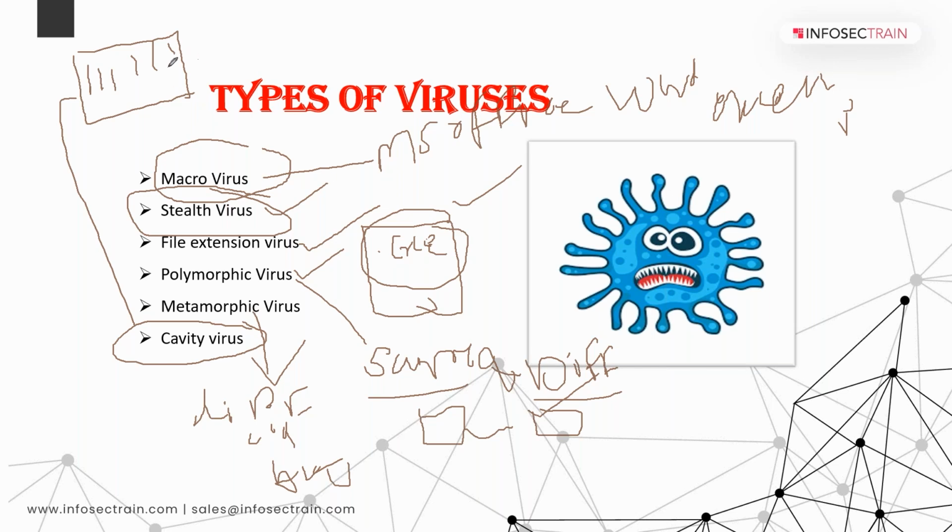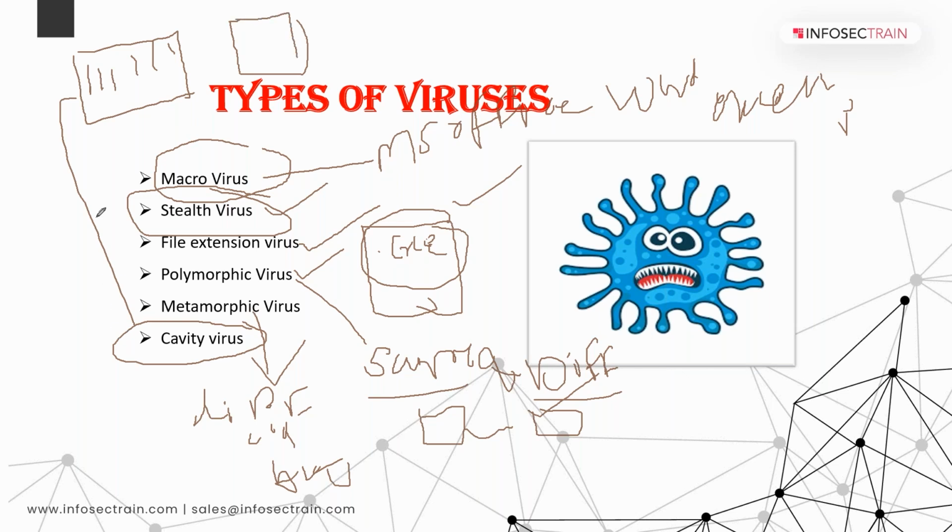Have you seen somewhere in your system random strange numbers coming up in your files? If you have that, it means the content of the original file has been removed and unknown strange numbers have been filled into the file. Let's say your system is infected with the cavity virus, what will happen? Let's say one file contains some information.